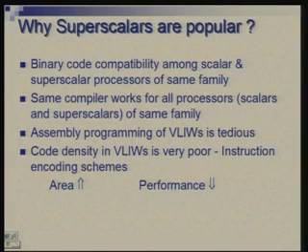Now, most of the modern processors are actually superscalar processors, whether you take Pentium or PowerPC or IBM's Power 4 or PA-RISC and so on. All these high performance desktop computing machines are superscalar processors. VLIW is used only in specialized embedded applications. So, the question is why are superscalars popular for general purpose computing? The main reason there is binary code compatibility.